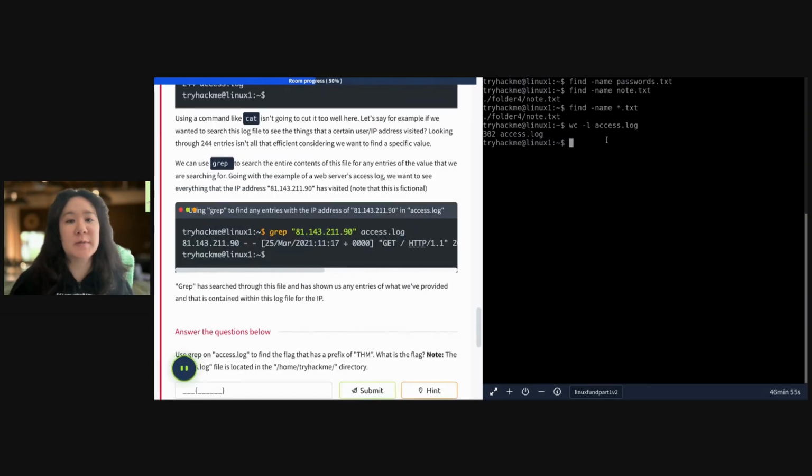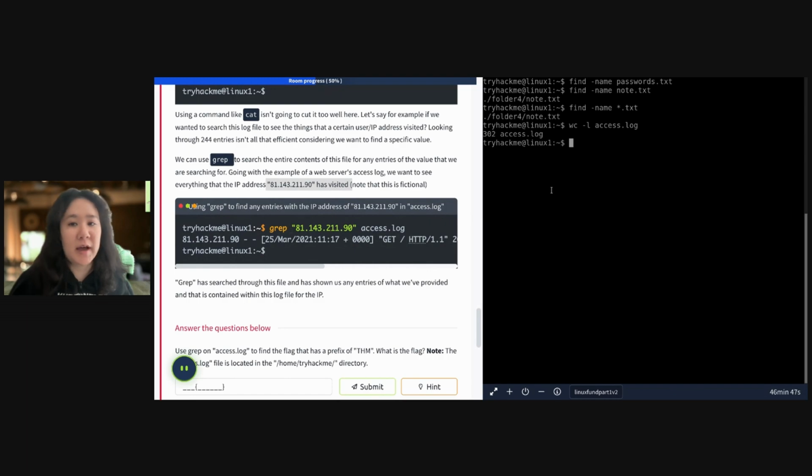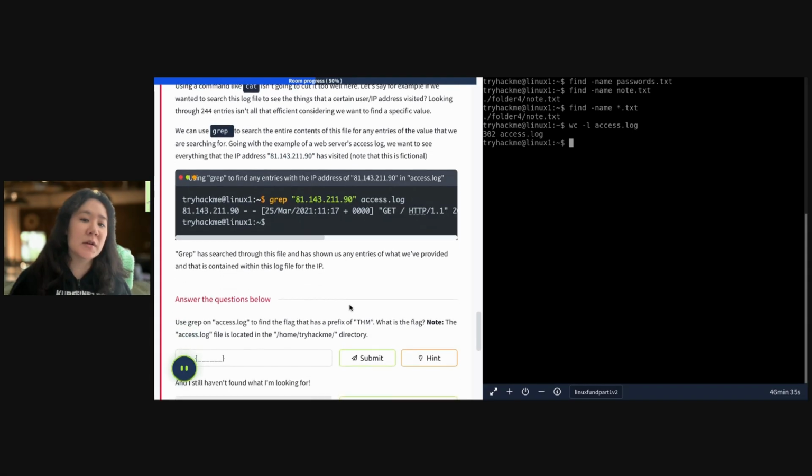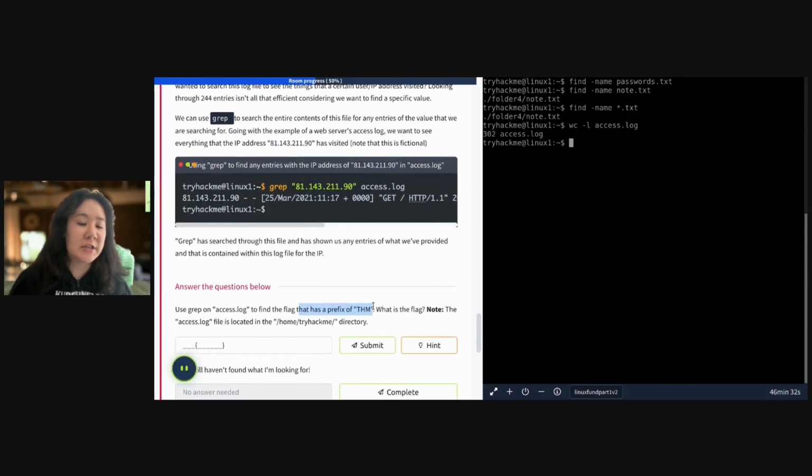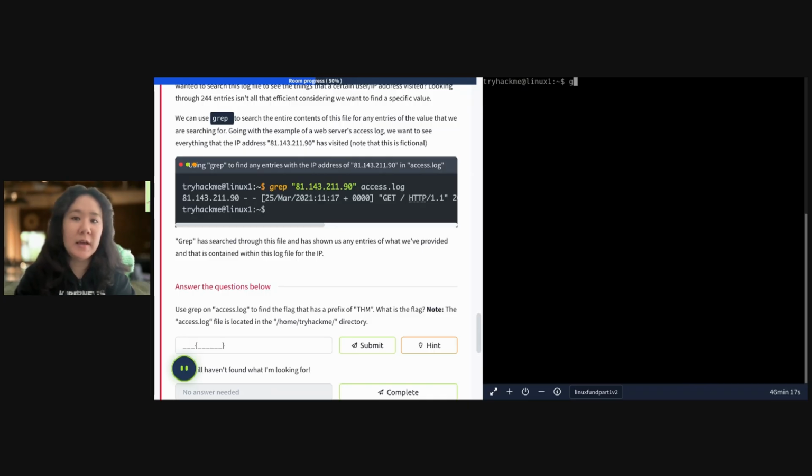You can also look at specific IP addresses using grep, but because we don't have a specific IP address that we're investigating in this case, we're going to be looking at something else, which has a prefix of THM. If you know what that is, TryHackMe. It wants to make sure we are in the right directory. We are, which is great. So I'm going to clear that real quick, and we will grep with quotes THM because we're going to specifically look for TryHackMe